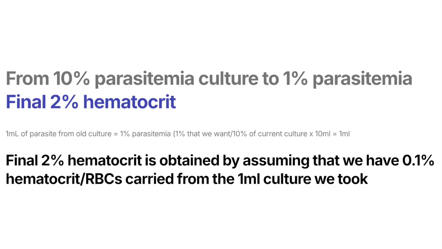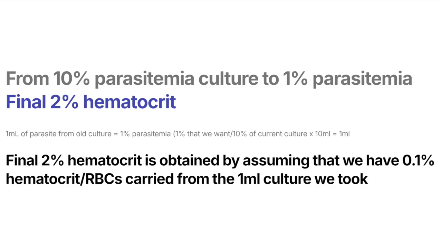And so we say that this one gives us 0.1% of the hematocrit, because it's going to have red blood cells, though it's occupied by parasites, but it's still red blood cells. So we factor that in. So essentially we actually want to adjust by adding 1.9% more, because we already have 0.1% as a result of the parasitemia